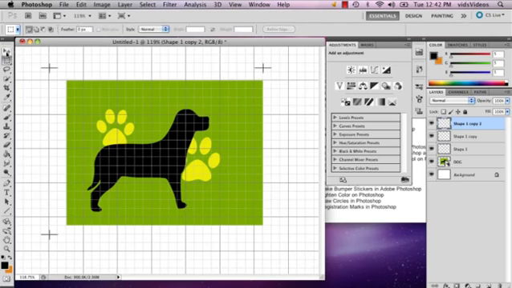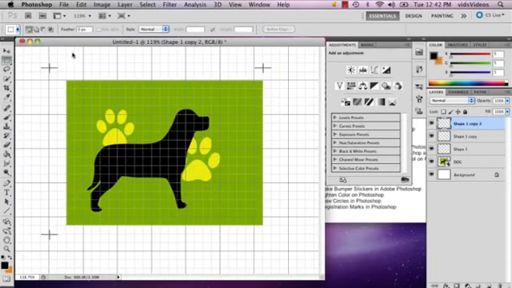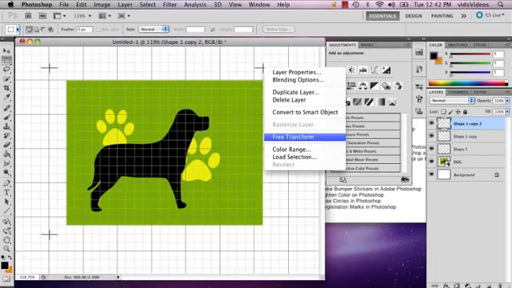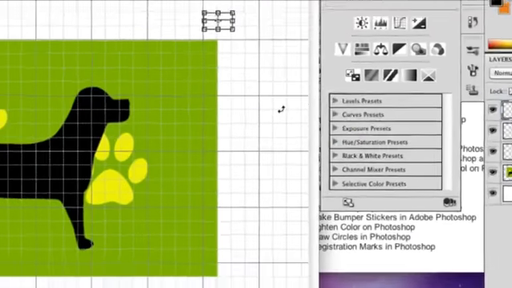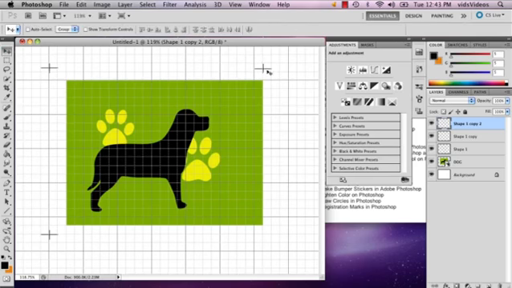And then actually what you're going to want to do is go to your marquee tool right below your selection tool or your move tool, and then you're going to right click and select free transform, and then you're just going to hold shift and turn it all the way around. And then you're going to go 2 up, 1 over, and then